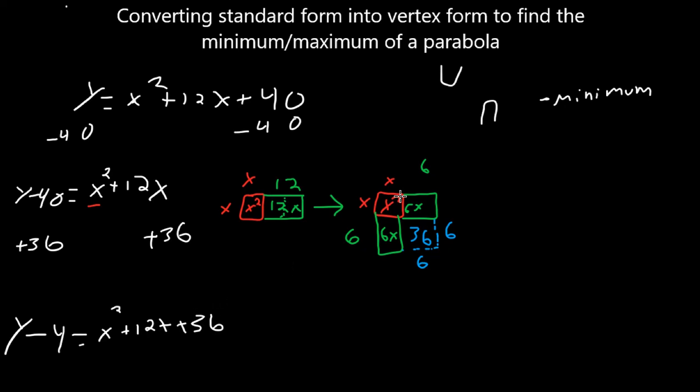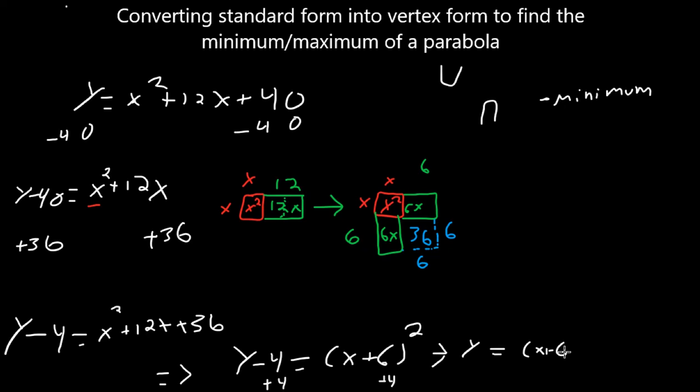All right, now this square, whose area is x squared plus 12x plus 36, is perfectly represented here. Since this square has side lengths x plus 6 and x plus 6, and the area of a square is just the two sides multiplied together, we can logically conclude that this factors into x plus 6 squared. You could factor it by hand if you'd like to verify, and that's totally fine. Then we add 4 to both sides to get y is equal to x plus 6 squared